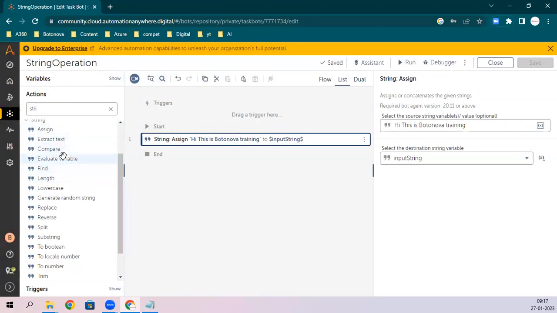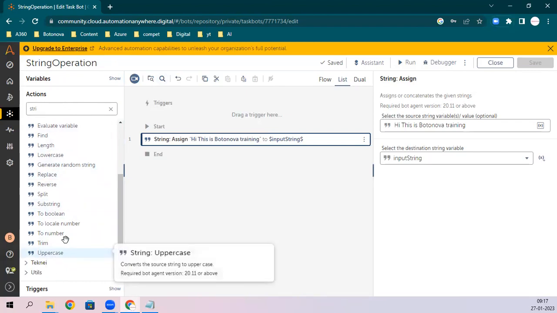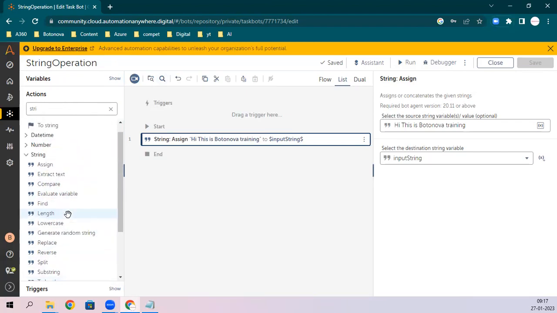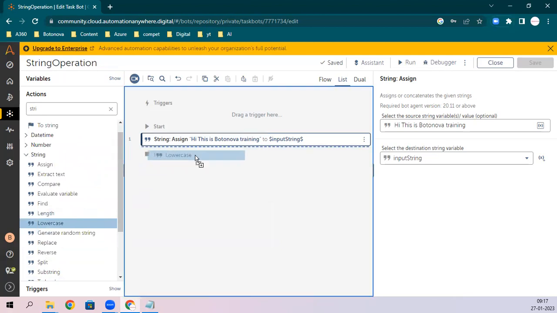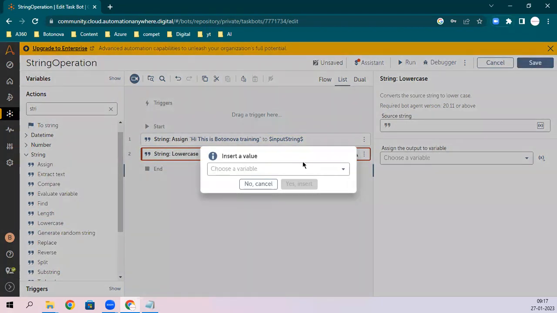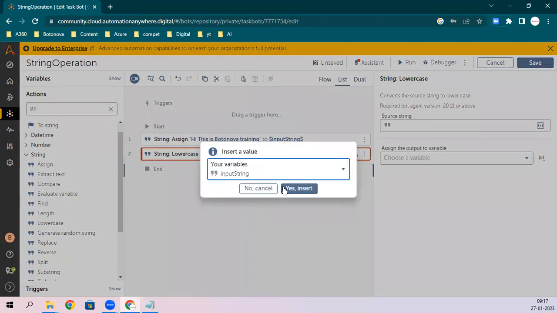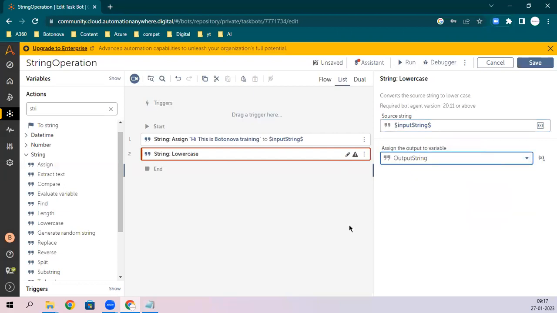So first we'll do the lowercase. Simple. You can put that input string and assign it to output.